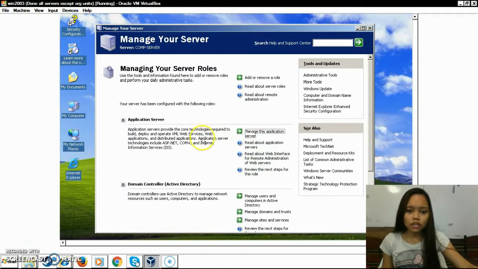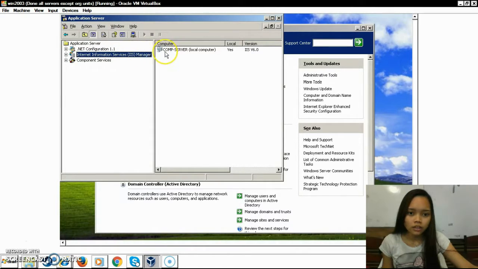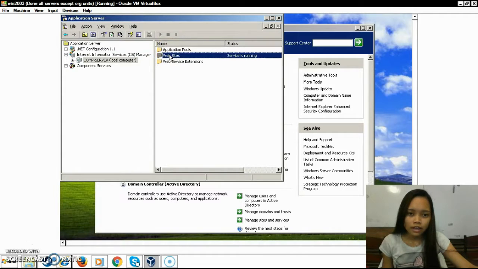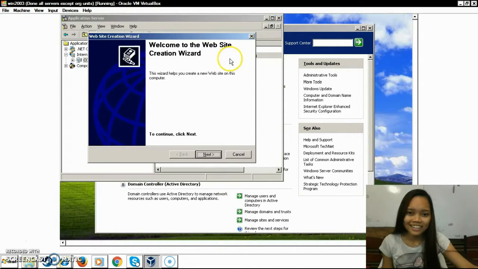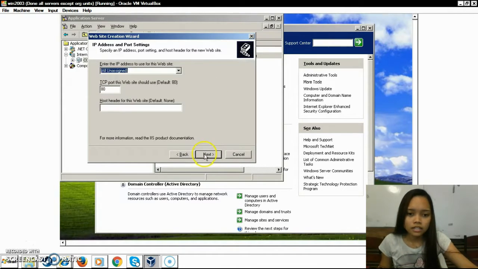After installing the web server, we will now move on to manage the application server. We will click this one, then IIS, then COM server, then right click the website, then create new website, then next. We will put a description like IT, then next, then change the IP address to the same,